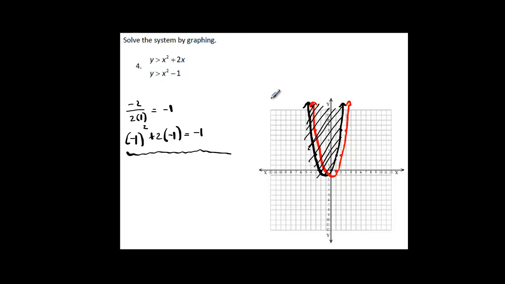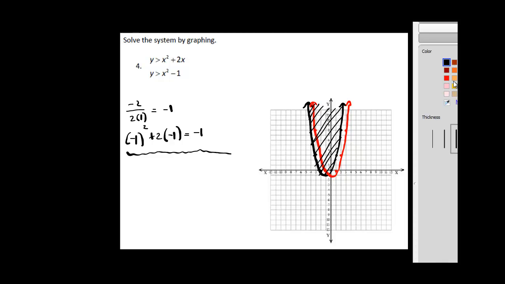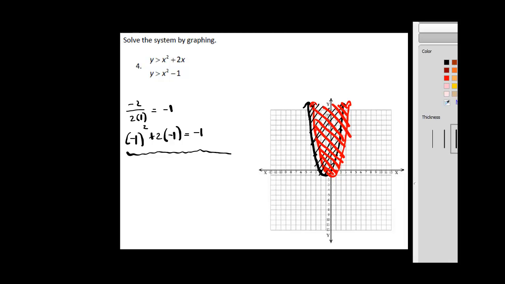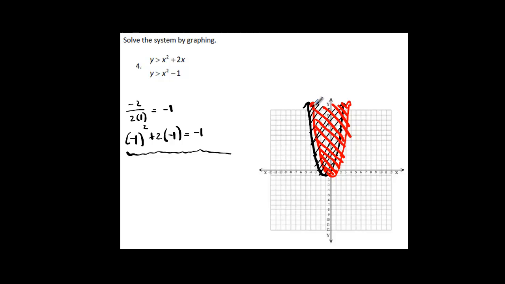It's kind of hard to do this. Let me just erase some of this stuff here. Okay, and then let's do the red. So the red is going to be, I'll go the other direction. Okay, so our answer is going to be the area that the red and black touch or get together. So I'll do that in blue. It's going to be from here,